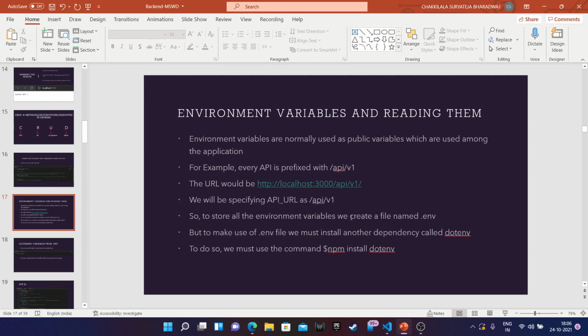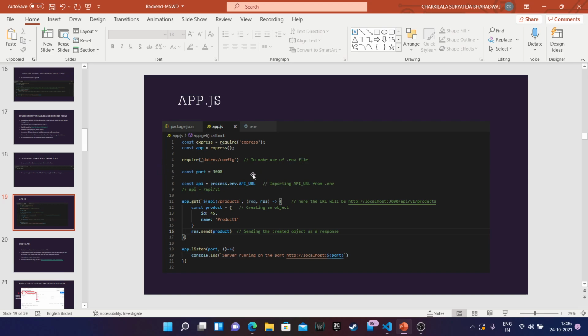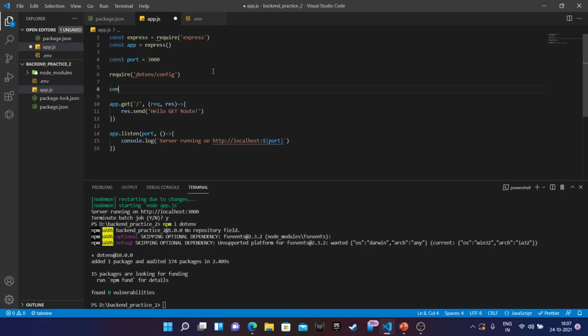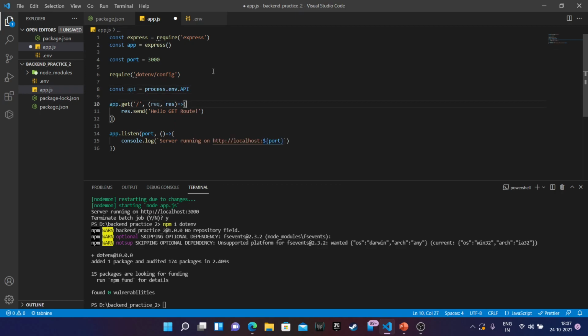I have placed that over here, and in app.js we have used dotenv slash config. Now to import the variable from there, I'll use a variable called API to store it: process.env followed by our variable name in the .env file, which is API. As I told you about the dynamic placement of variables in a string, I'll be removing this and using backticks with dollar API.